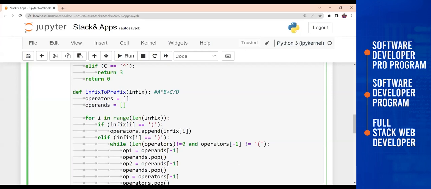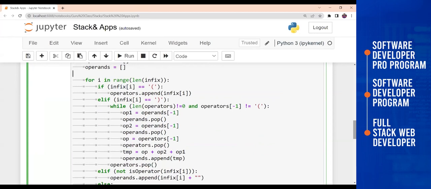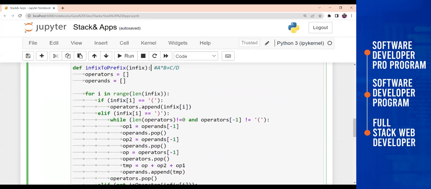Because whenever the operands come in, we will be adding them as they are, and whenever the operators come in, we will check the priority, and based on the priority, if that is less than the existing one, we will do one thing, and if it is greater, we will do some other logic, right? So that is how it is working. So that's why we just created these 2 stacks. And after that, here, so this is the value.